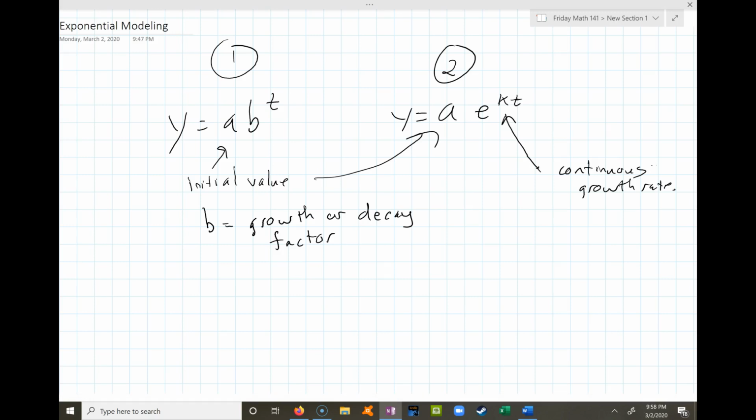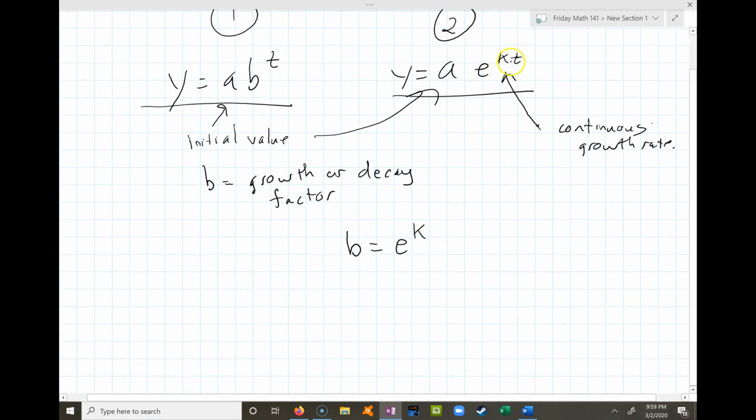The main point that I want to point out to begin with is that anything that's written in this form can be changed to this form and vice versa by the simple fact that b is equal to e to the k. You can see that e to the k to the t would be the same thing as b to the t if those are equal to each other. So for example, if I have an equation like y equals 1000 times 1.05 to the t, and let's say I wanted to write it in the second form, I know that it'd have to be y equals 1000 because the a's are the same,